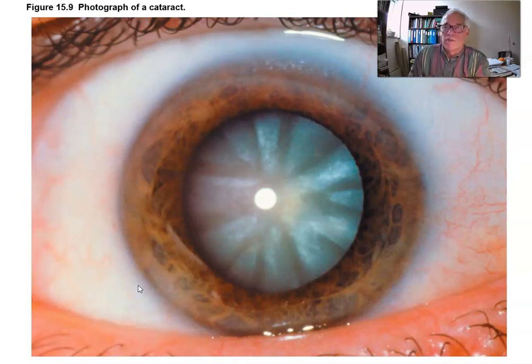Here's another type of homeostatic imbalance. This is a cataract. As you age, the lenses in your eyes slowly start to yellow ever so slightly, and as time goes on, your vision starts to become slightly impaired by the less transparent nature of your lenses. But some people have a very advanced state of this sort of degradation of the transparency of the lenses. That's called cataracts. So here's a bad cataract, and the person is not going to be able to see much,